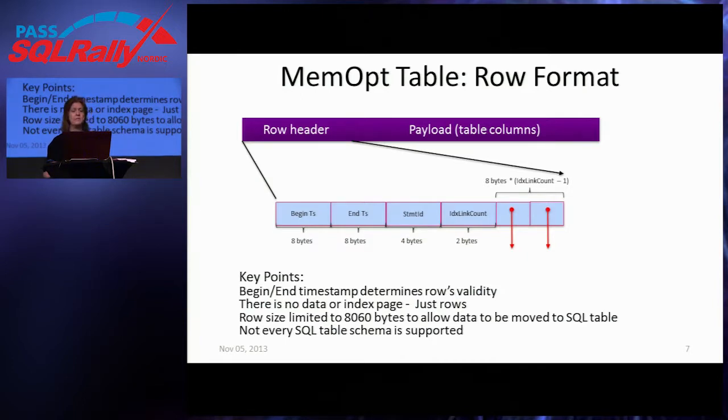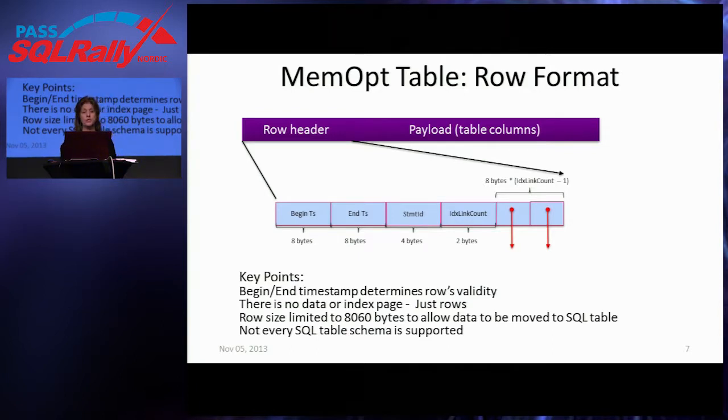One of the limitations because of this structure is there are no large object data types allowed in memory optimized tables. Almost all the regular data types are allowed as long as the row size doesn't exceed 8060 bytes, so we can't have the large object types like varchar max, varbinary max, and row overflow is not supported. So if we have variable length columns, the total of all of them cannot add up to more than the 8060 bytes allowed in a row.